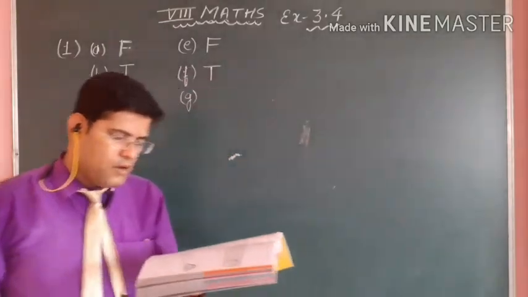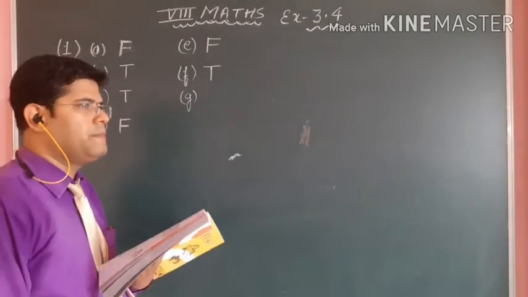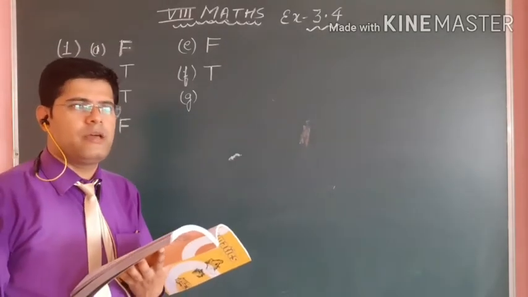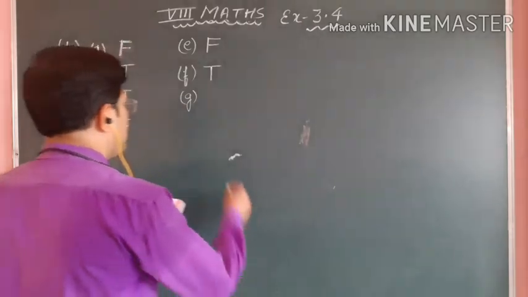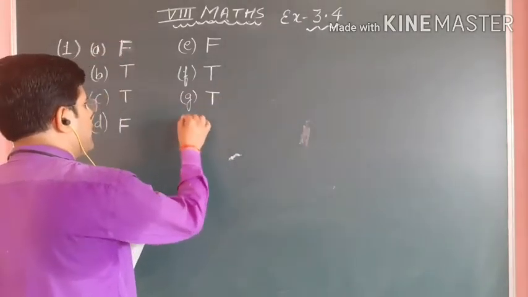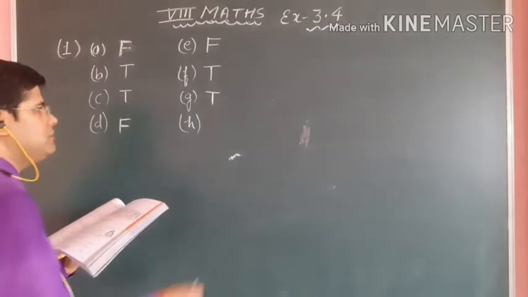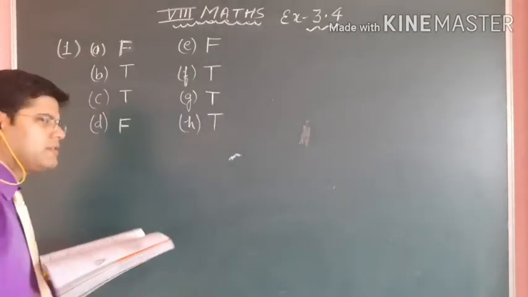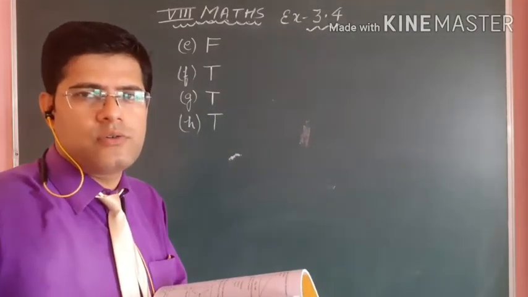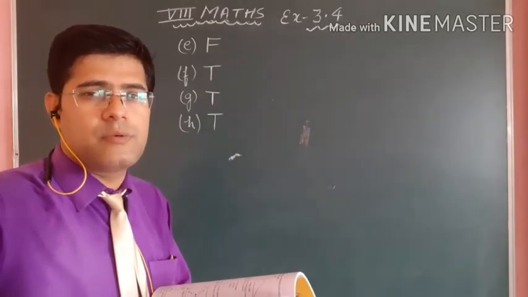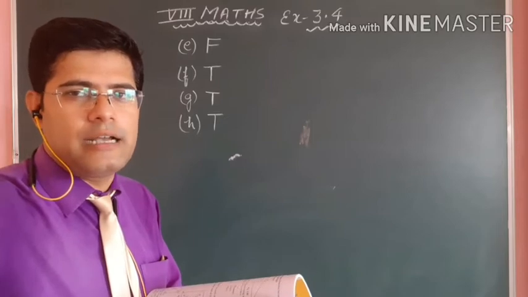Now the G part. All parallelograms are trapezium. Yeah, because in a trapezium only one pair is parallel, in a parallelogram two pairs are parallel. So it's an advantage for the parallelogram, so it's true. Now the H and the last one, all squares are trapezium? True, because a square is a parallelogram, so it can also be known as a trapezium. A rhombus is known as a trapezium, all the things which come after trapezium are known as trapezium, else kite. Okay students,